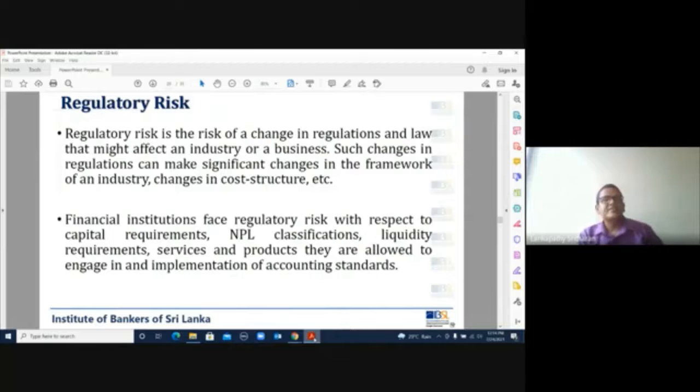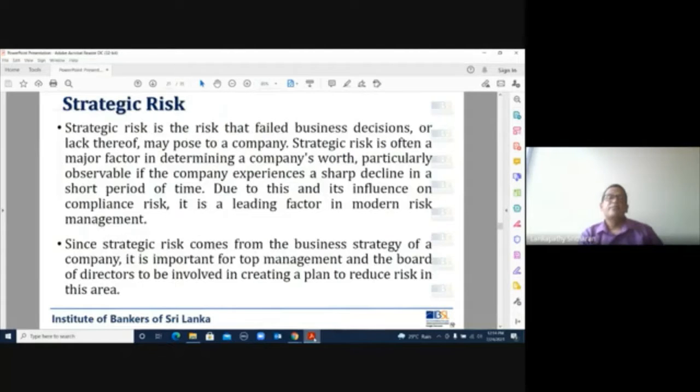This is also considered a non-financial risk. Financial institutions face regulatory risk with respect to capital requirements, NPL classification, liquidity requirements, services and products they are allowed to engage in, and the implementation of accounting standards. So those types of risks are called regulatory risk. And